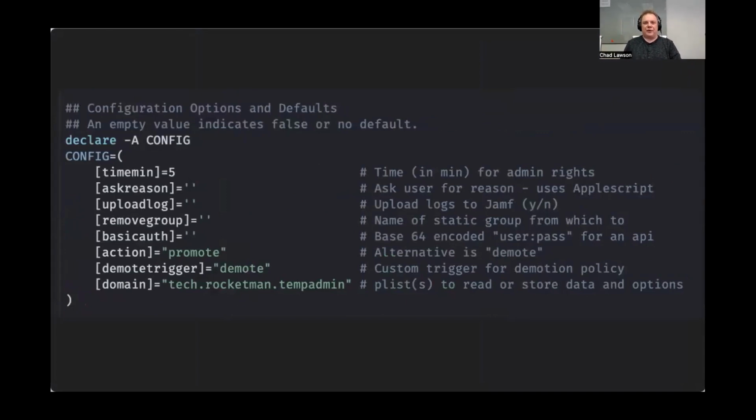At a glance, anyone looking at this knows what this is for. They know that this is all of my configuration variables for my script. They know what the defaults are. They know what the key value pairs are. And when I look down the script, you know exactly what this particular variable is for and where it came from. So this is another thing that is changing the way I think about writing Jamf policy scripts, to be able to separate my variables that come from parameters versus my derived variables within my script.